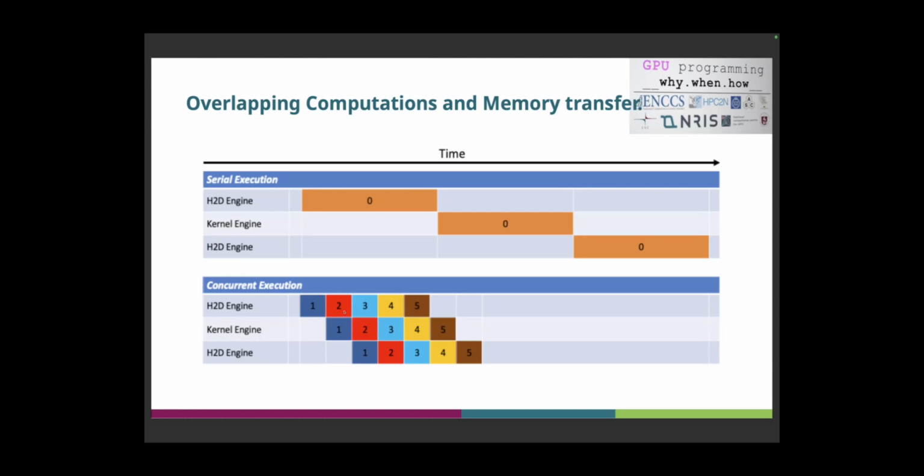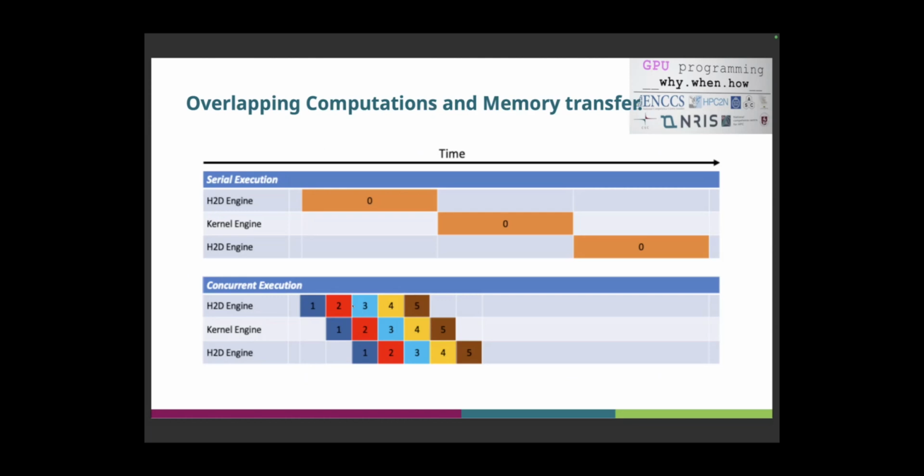When the data from the first chunk is ready to be sent back to the CPU, we see here that the copying from device to host starts. Now the second chunk is ready to be processed by the GPU, and the third chunk starts to be copied. So we move the time from left to right, and we see that things that are on top of each other are actually executing at the same time. This is a hypothetical case, but we see that here, for example, we reduce the total execution time